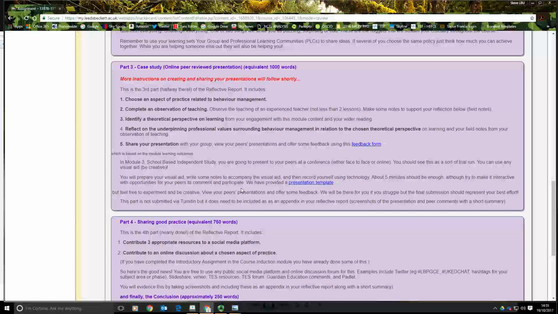I think there's just a point on that, just to interject. If you're a trainee teacher, you'll be doing this anyway, so don't do more than you need to. You'll be observing teachers as part of your QTS programme. So we don't want you to do anything on top. It's just that you'll be using the same reflections to then inform this particular part. I think that's important to say. Yeah, it's a good point there. And then think about a theoretical perspective. Now you've been looking at theoretical perspectives as part of this module.